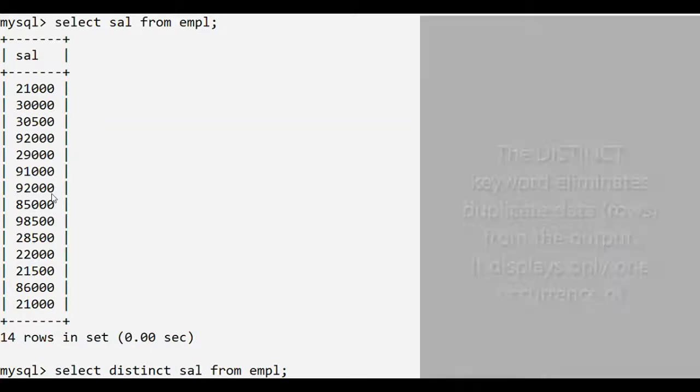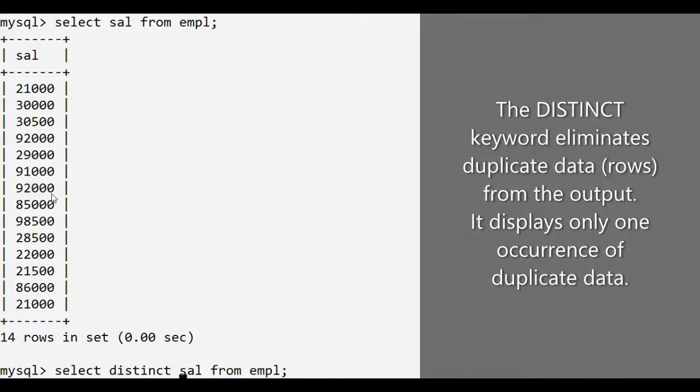The distinct keyword eliminates or removes duplicate data from the output. Now, because of distinct keyword, only one occurrence of duplicate values will appear in the output. That means 21,000 will appear only once, 92,000 will also appear only once.